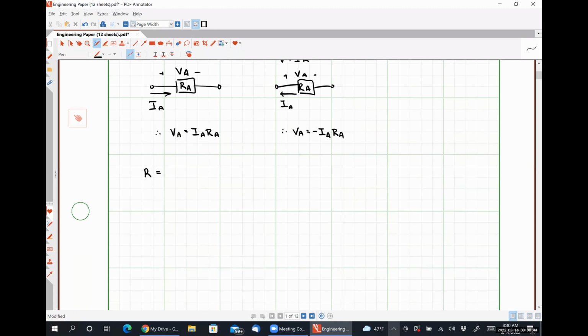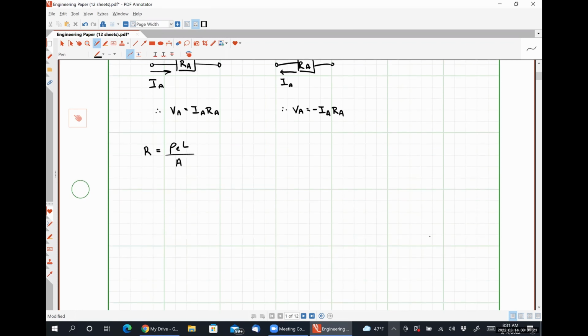Resistance R can also be determined in terms of the geometric properties of a material, right? So R is rho times L divided by A, where rho is the resistivity of a material, which is a material property, L is the length of the material, and A is the cross-sectional area of the material. So if we have a long piece of material, it typically has a larger resistance than a short piece of material. One thing I'd like to do really quickly here is have you calculate the resistance of